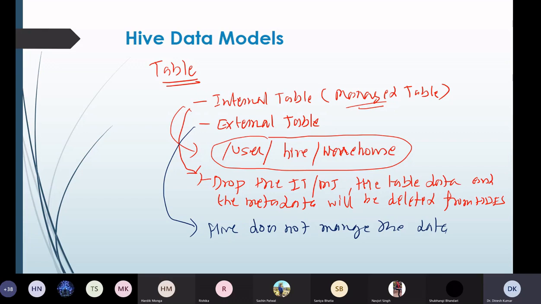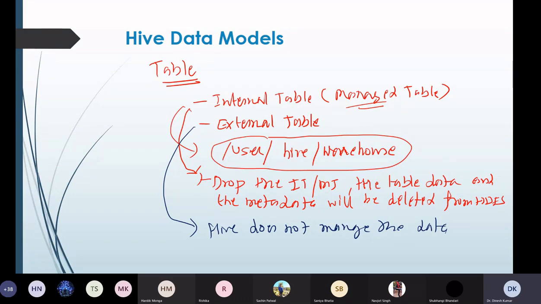So we create an external table for external use, when we want to use the data outside Hive. If we are using it only within Hive, then go with the internal table. But if you want to create a table which you can use outside Hive also, then go with the external table. Okay? So that means they will not be stored in the warehouse directory. They can access data stored in some remote HDFS location or some other cloud-based storage volume like this.